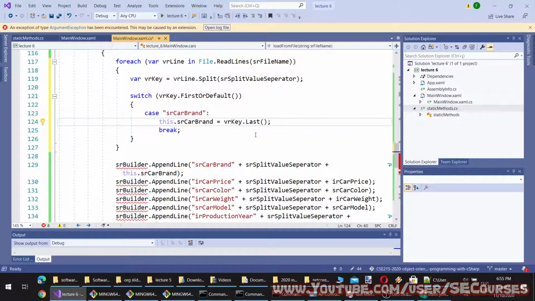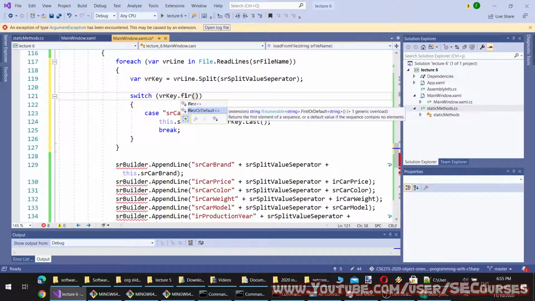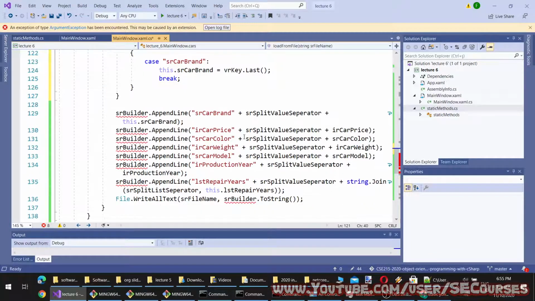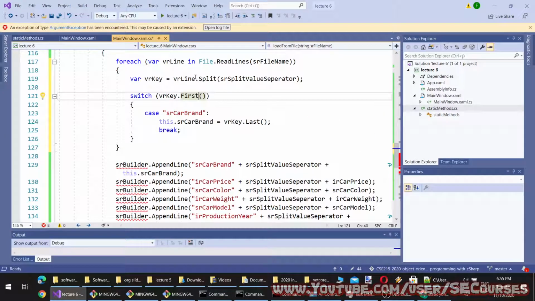Okay, or Last. Let's make it First also. So our each value will be the first one, the first of the split. We can also make it like this, by the way, 0 and 1. It is the same. The first value of the split will be these ones, and the second will be the values that we have saved.